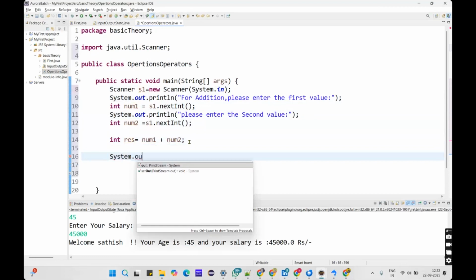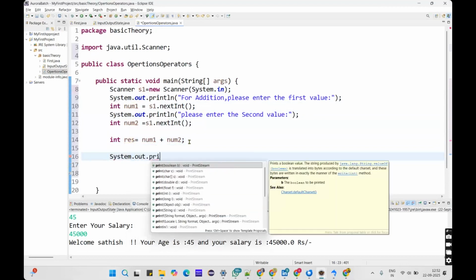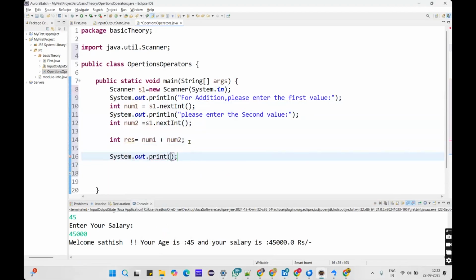System.out.println, addition of the two numbers is, and here you can concatenate with your result. Or if you want to provide the two numbers he has given, num1 and num2, I can just give num1 and